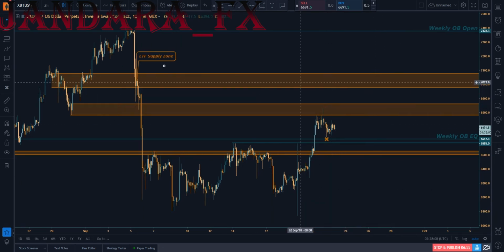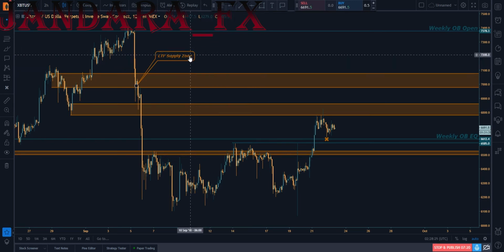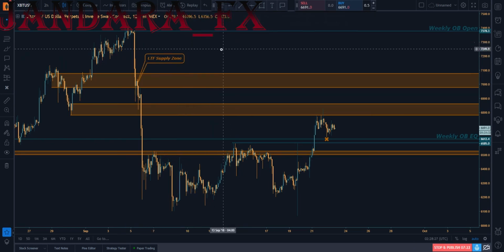So I'll go ahead and mark out the short that I'm looking to take. I'm going to layer bids all the way from like 68, 80 to around 7K. So I'll just throw it like right here. But ultimately, I'll have my stop pretty conservative up here above the weekly order block open. I'm targeting the close of this weekly order block, and then even further than that,